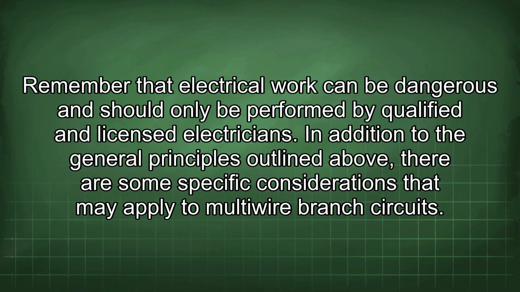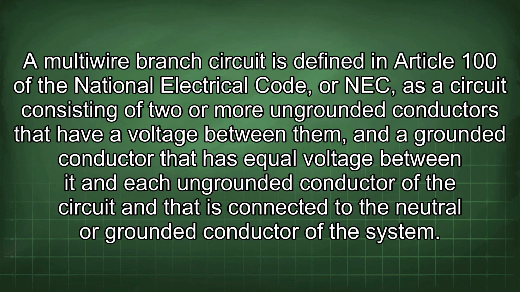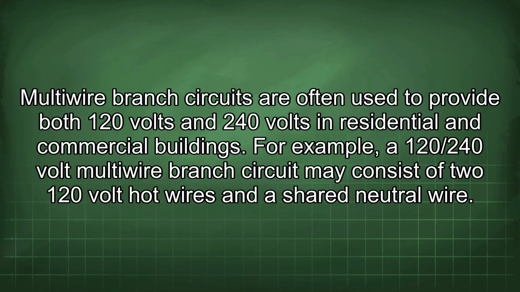In addition to the general principles outlined above, there are some specific considerations that may apply to multiwire branch circuits. A multiwire branch circuit is defined in Article 100 of the National Electrical Code, or NEC, as a circuit consisting of two or more ungrounded conductors that have a voltage between them, and a grounded conductor that has equal voltage between it and each ungrounded conductor of the circuit and that is connected to the neutral or grounded conductor of the system. Multiwire branch circuits are often used to provide both 120 volts and 240 volts in residential and commercial buildings. For example, a